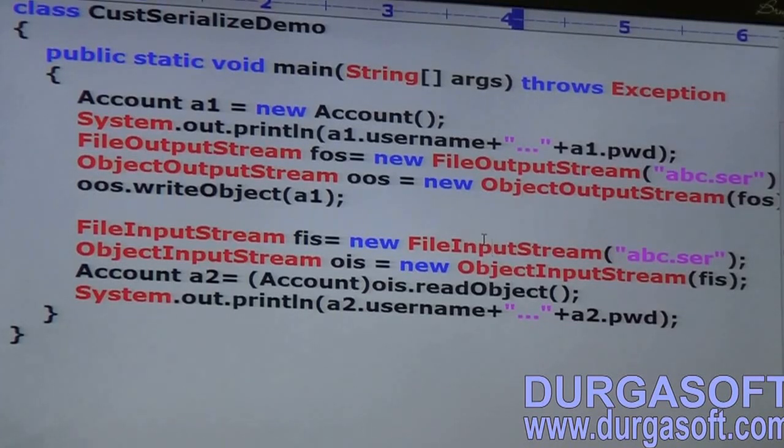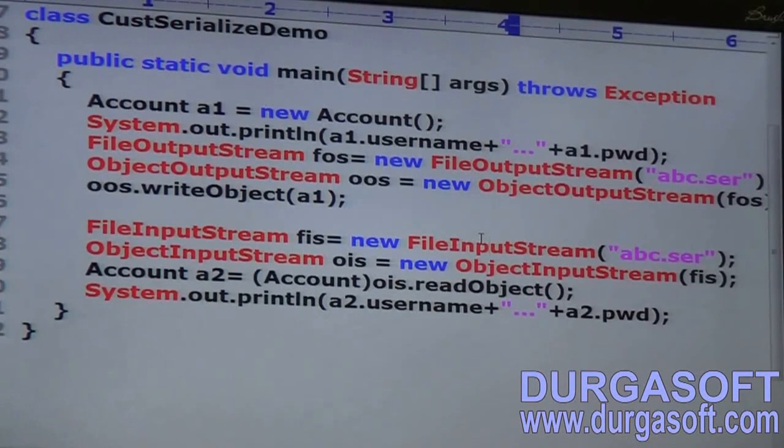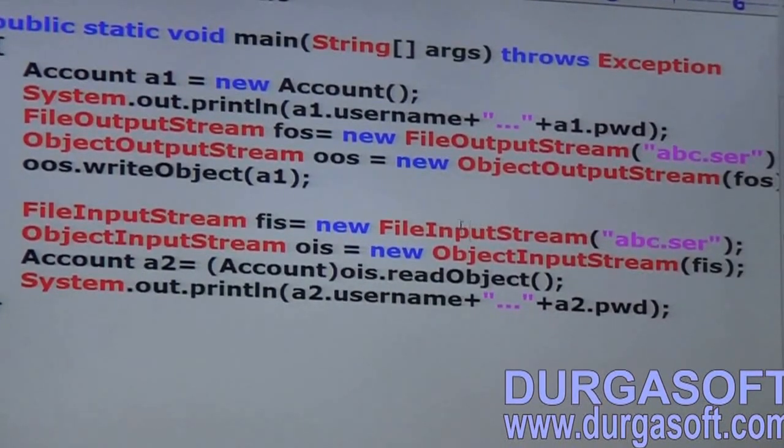Write the code. We are performing serialization and deserialization. Object state means the values which are assigned to instance variables. Completed, right?